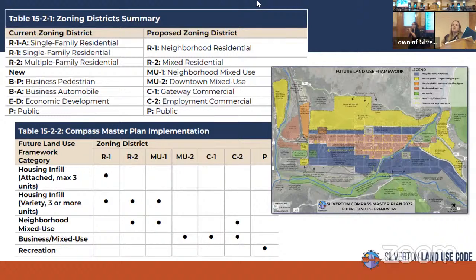We are using this as a loose guide for our zoning, but there are areas, especially up here, where it's actually in the county. So we use this very loosely.